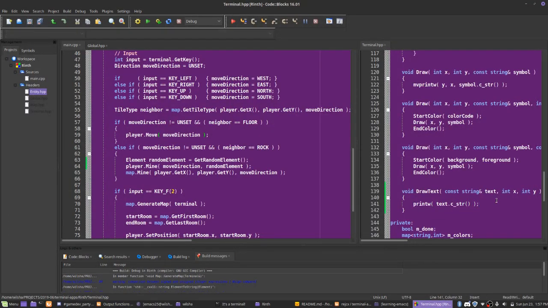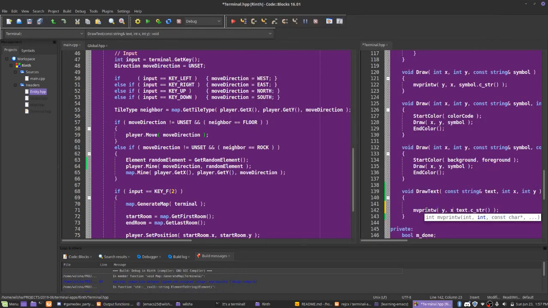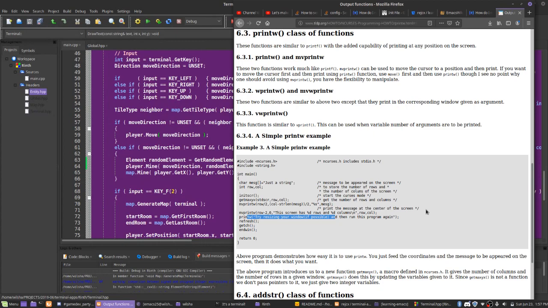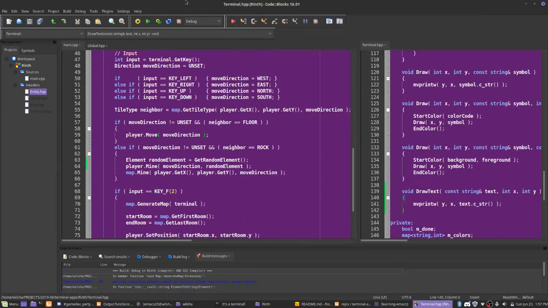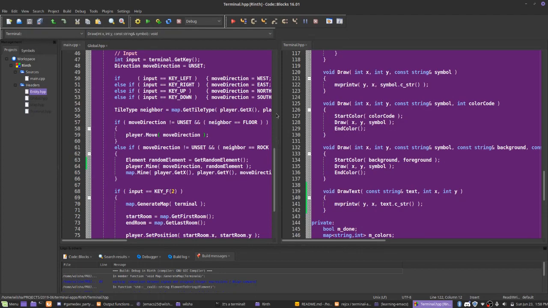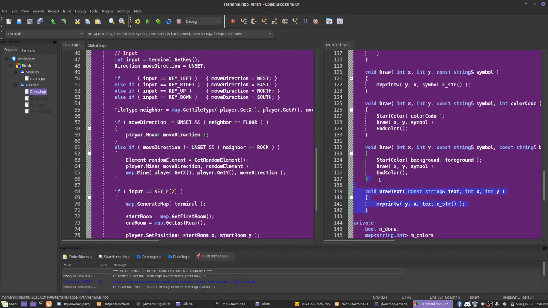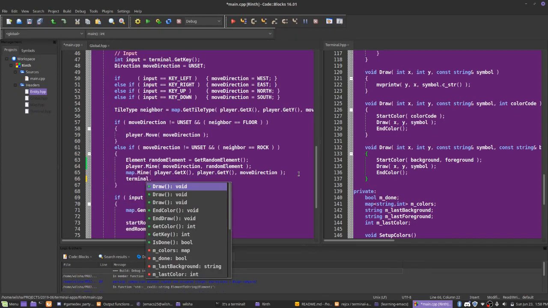I'm like, print W. No, I also need to move the cursor before I print W. So I noticed that, and then I'm like, wait, am I already using a move print function? And then I literally look at the other function. So here, the first void draw up here has move print W. That's what I'm using anyway, so I don't need that. Terminal draw